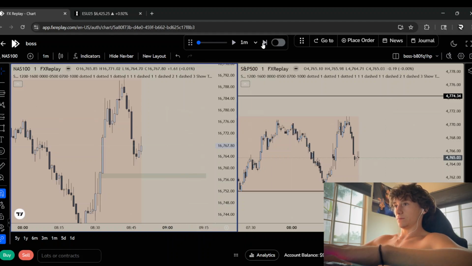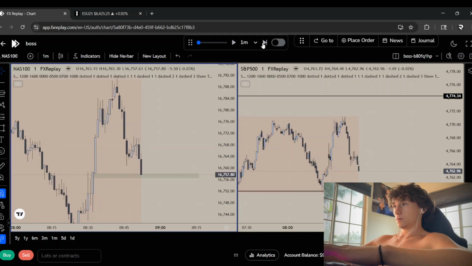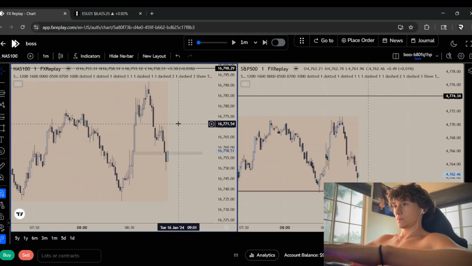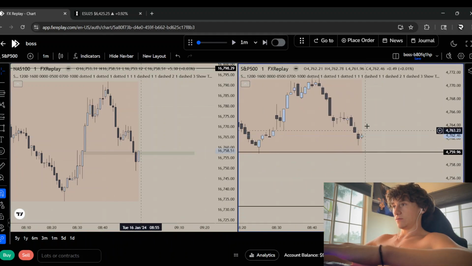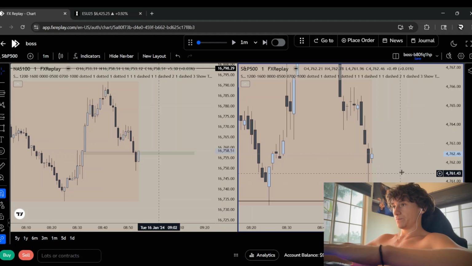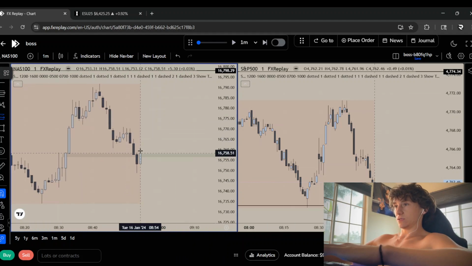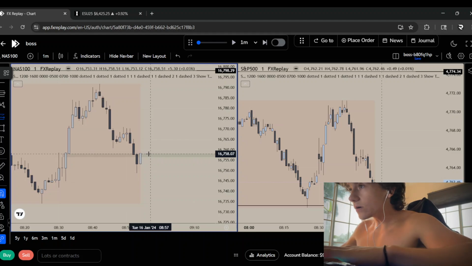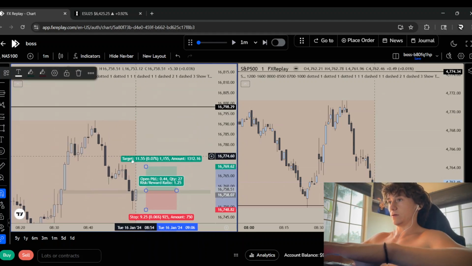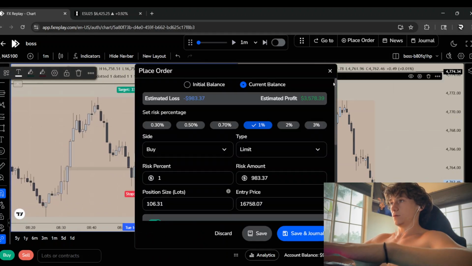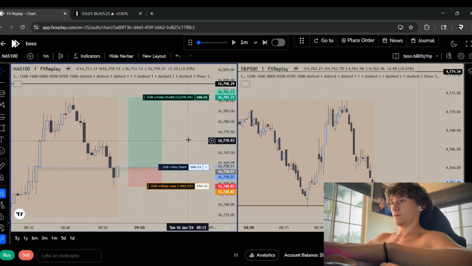Let's go down to the 1. If we get a bullish reaction, all right, no. Okay, so now we have a bullish reaction. Let's see if we're filling that gap on ES, the final gap on ES. So that's another time you can enter right there. They want it below, so they want me to put it right there. And then target that high, boom, place order, save.